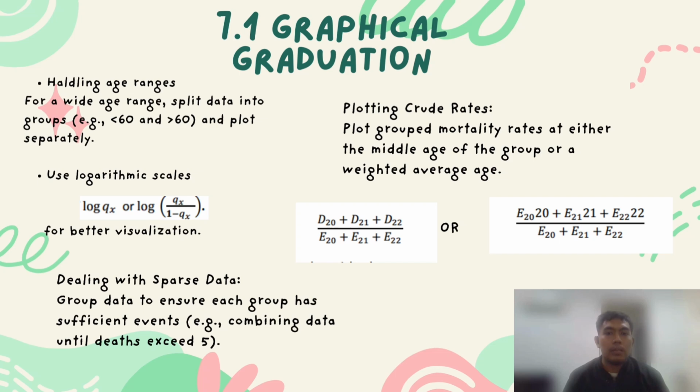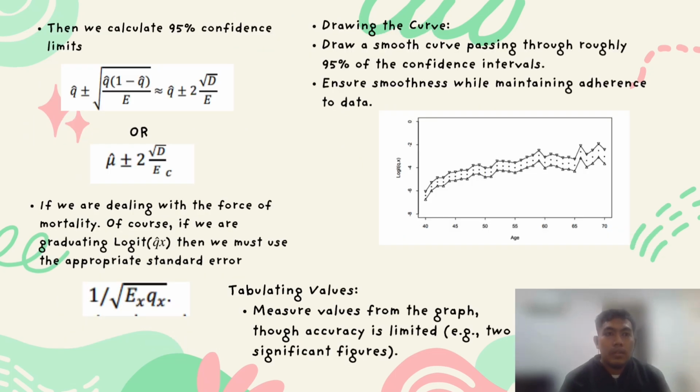Also, plotting group rates: plot the group mortality rate at either the median age of the group or the weighted average age. Then we calculate 95% confidence limits. We can use the first equation or the second equation. And if we are dealing with the force of mortality, or if we are graduating logit, then we must use